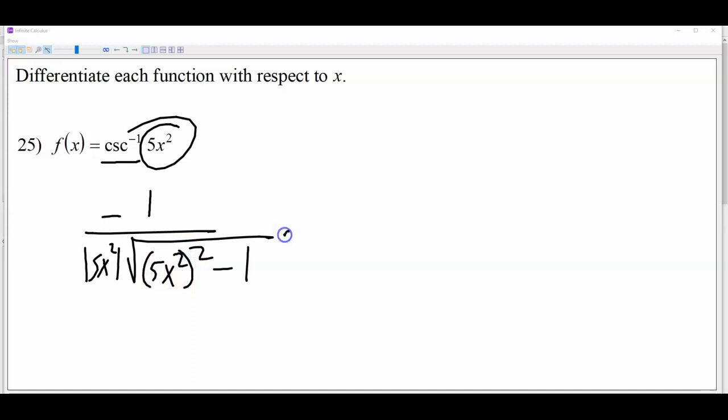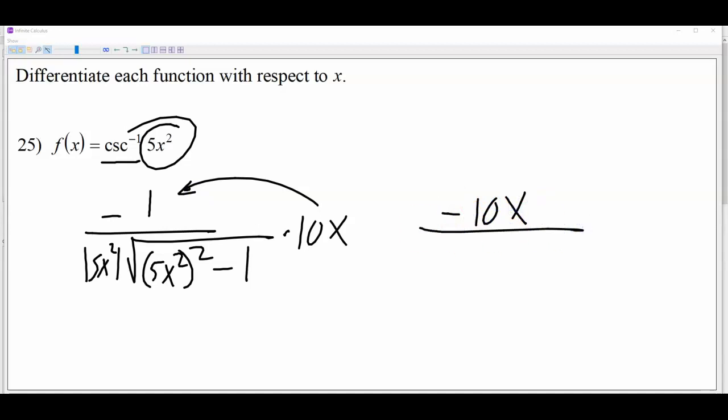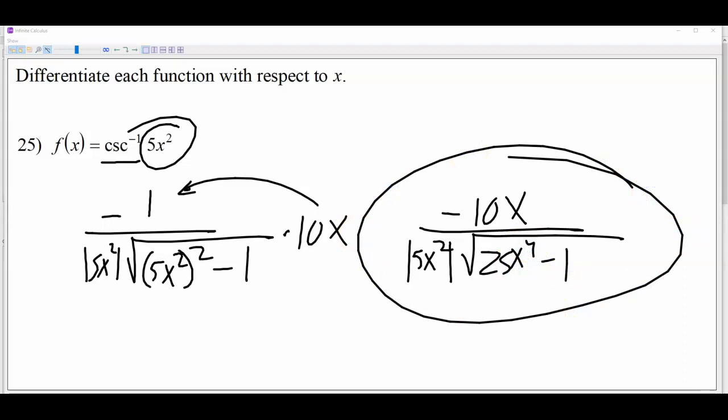And we want to also multiply by the derivative of the inside, which is 10x. So let's simplify a little bit. First of all, that times that makes negative 10x. On the bottom here, you could keep the absolute value bars if you want to be safe, but just so you know, anytime the coefficient's positive and the power on your variable is even, there's no way this could ever come out negative anyway, so you could technically just get rid of the absolute value bars. But in any event, we have 25x to the fourth minus 1 on the inside there after we square it,